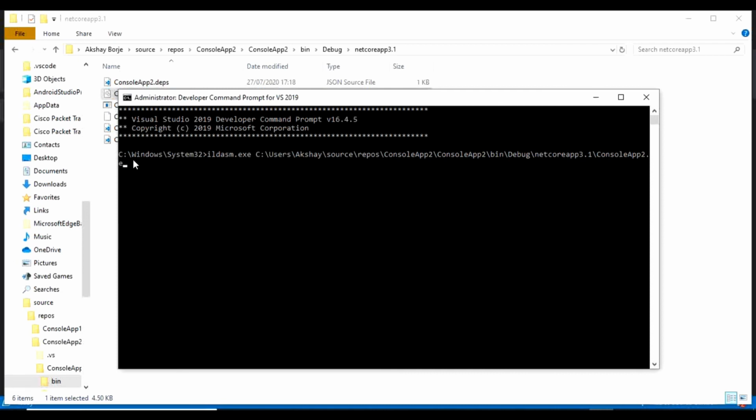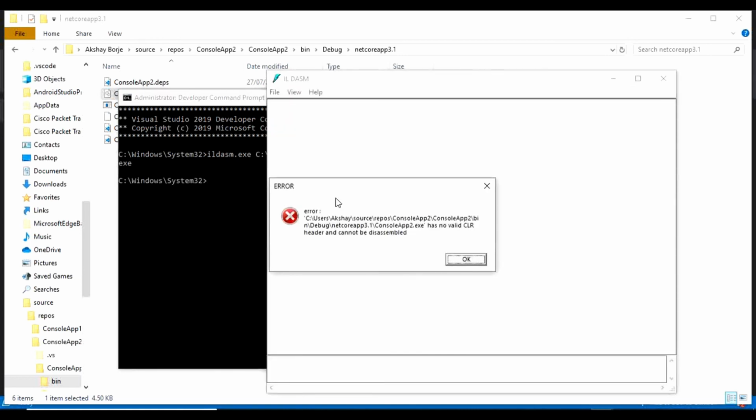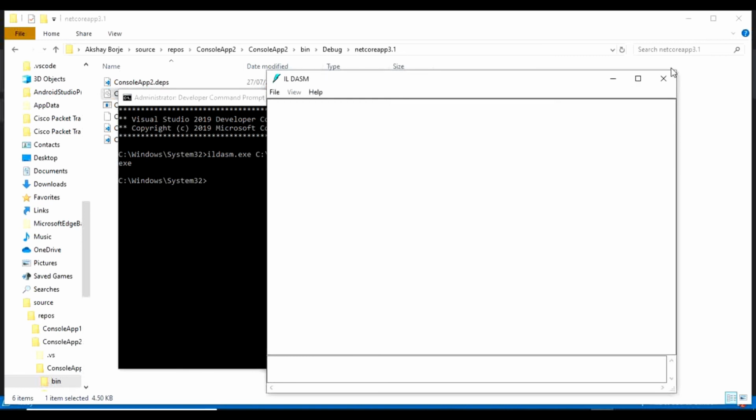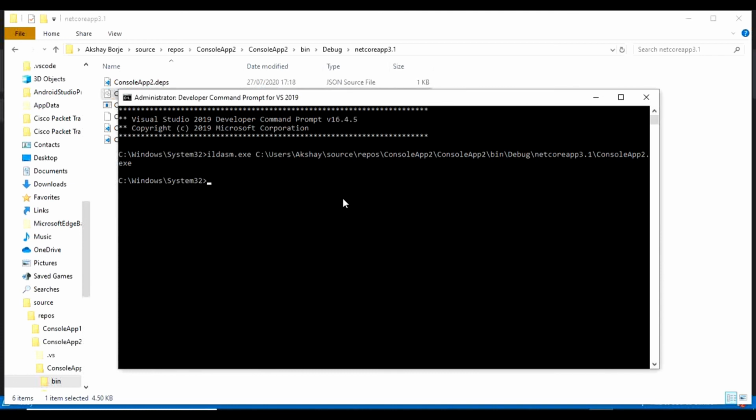I will show you. If I use this, it shows an error that the file has no valid CLR header and cannot be disassembled. That is why Visual Studio has two files, one .exe and one .dll. The exe file is of no use without the DLL file. That will be clear to you by the end. So let me use the .dll file.